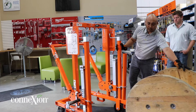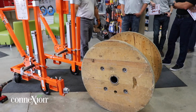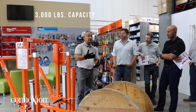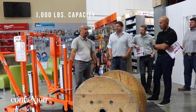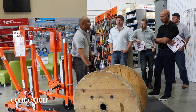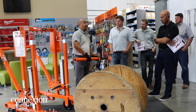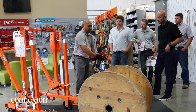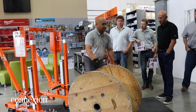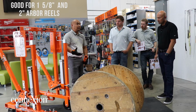Okay, here you go. So here, the built-in axle is rated for 3,000 pounds capacity, so your metal reels, right? It's only up to 3,000 pounds capacity, that's why we only have up to 3,000 pounds. Anything over 3,000 pounds becomes the wooden spool now, for your bigger spools. Now we have this axle that comes with it, so basically it would go into the wooden spools, okay? And then the built-in axle would basically just capture the inner part of it. So this is good for your 1 5/8 and 2-inch arbor